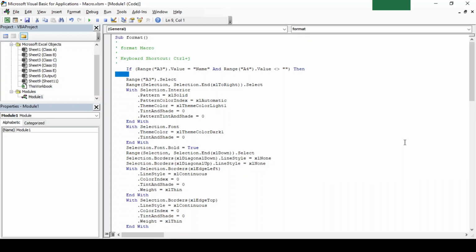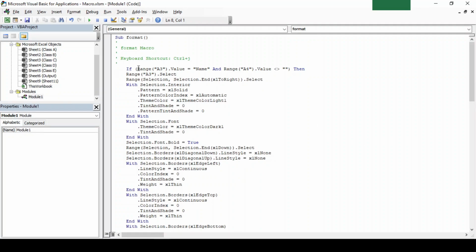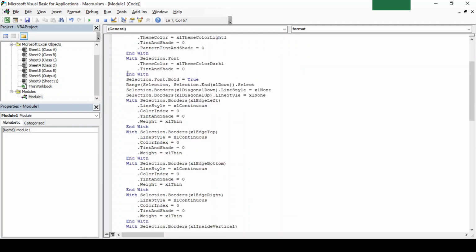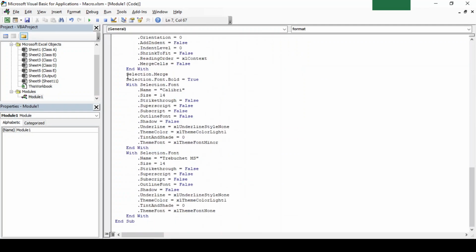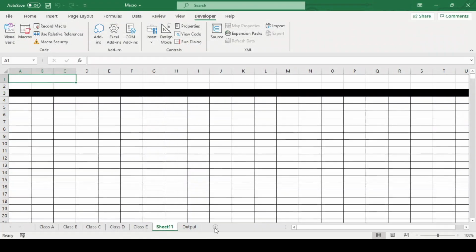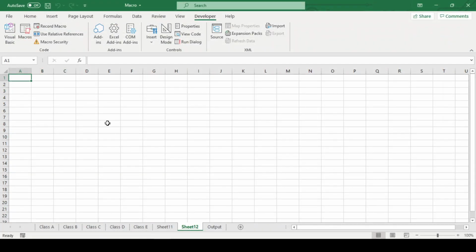So now our logic says to run the below code only if our A3 cell contains the text Name and the A4 cell is not empty. We'll close our If condition with End If just above the End Sub. And we are done. Now let us test this code in a new sheet.